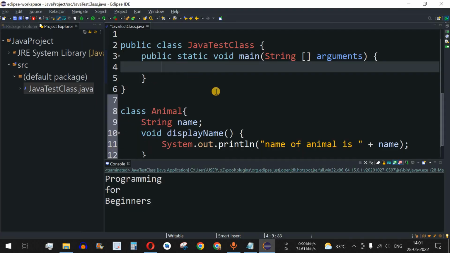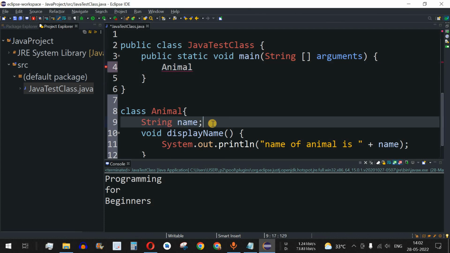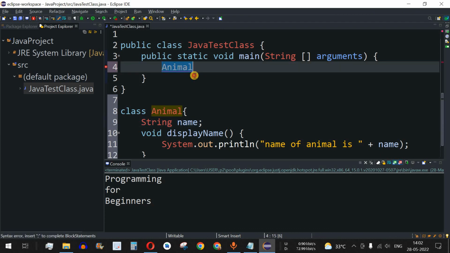So we are going to create the Java object over here. We paste the name of the class that we have created, followed by a space character, and just like how we create other variables using the string data type or the integer data type, we are creating another variable over here of the Animal data type, which is a class.